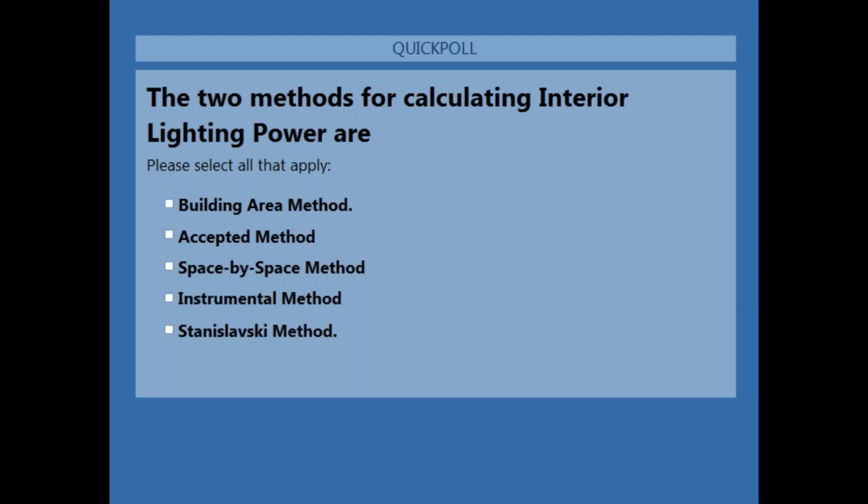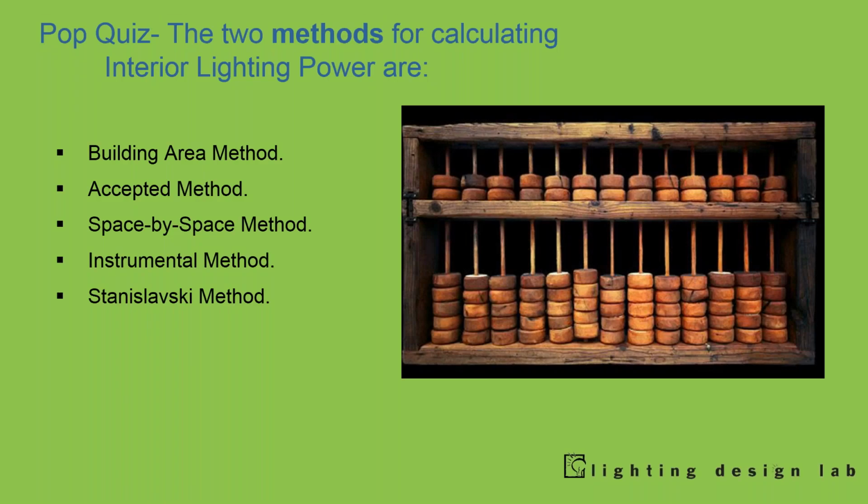Everybody selected 100% building area method and another 100% space by space method. Not one. No method actors in the audience. Okay, well that's understood. All right. Yeah, great. Well,